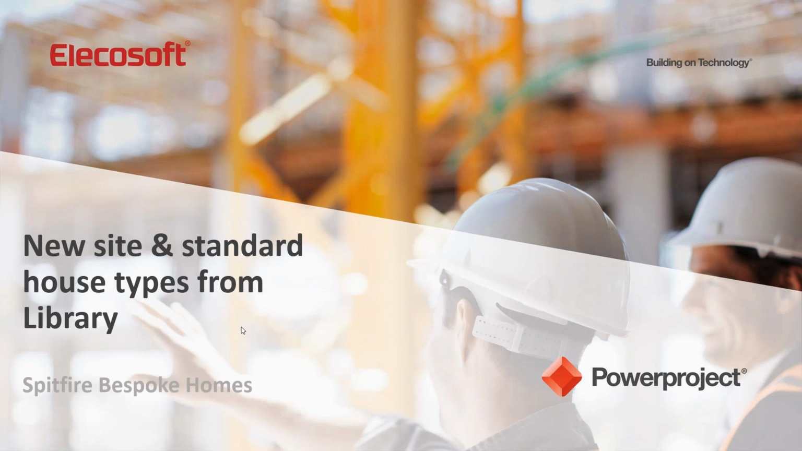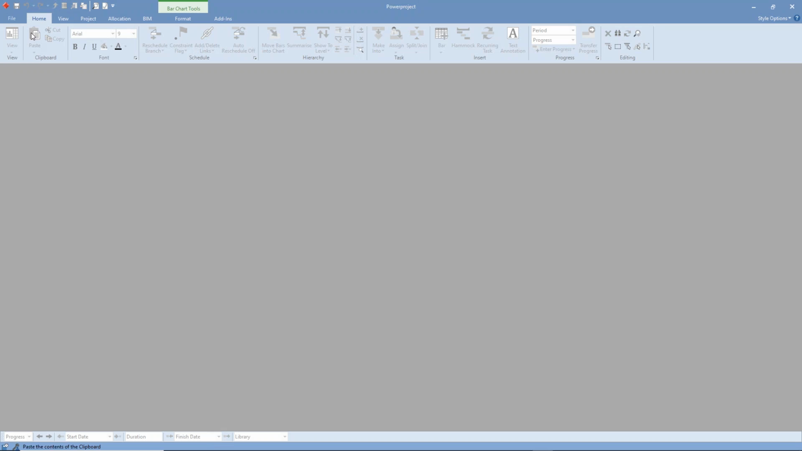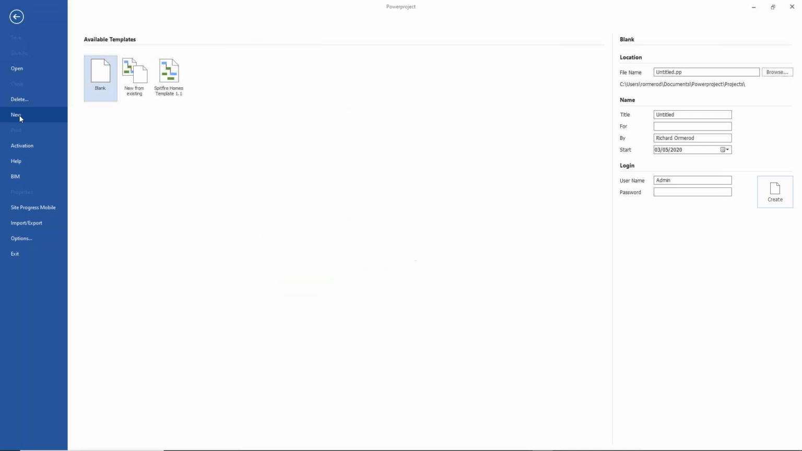Okay, we're going to make a new project and take standard house types from the library to populate that. So we're going to obviously go to Power Project, and we're going to say File, New, and we're going to base this new file on the template that's got everything that you need in it. We're going to give the file name something sensible, and remember which folder you've put it in, and we're going to also give it a title, and that's what's going to